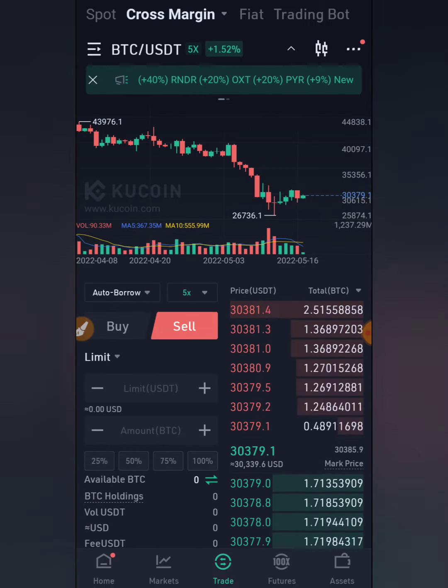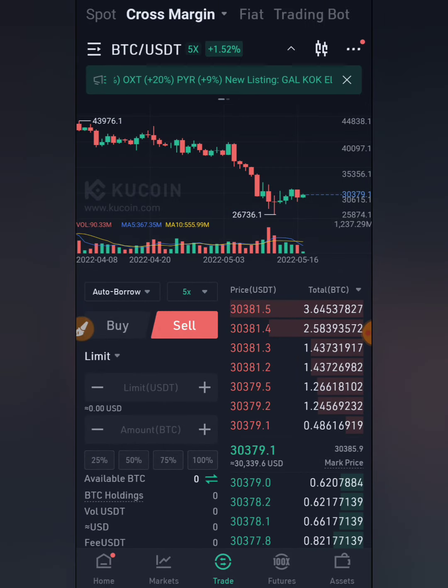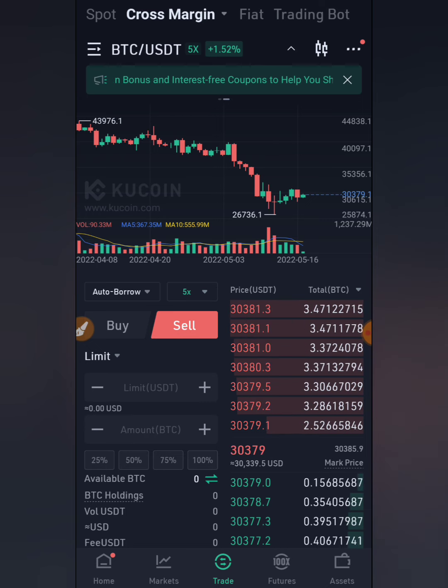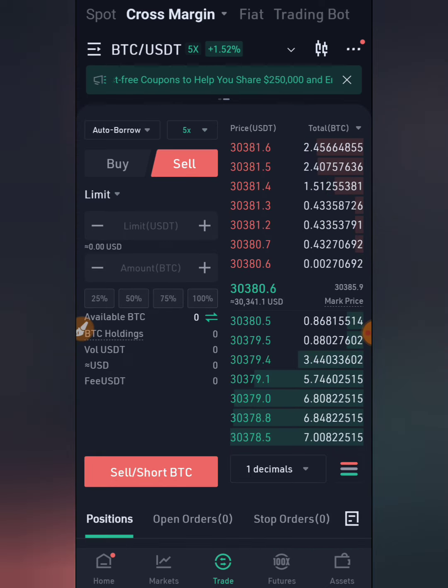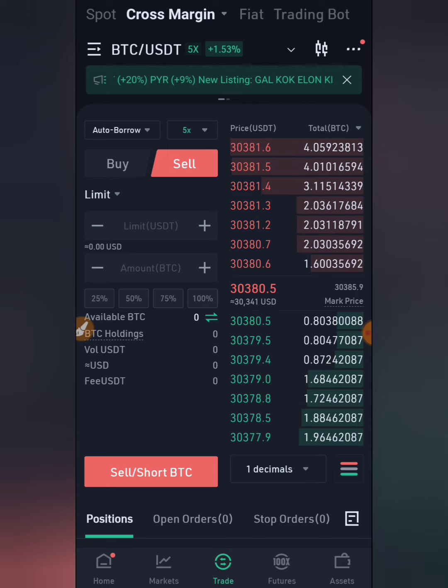This is just the cross margin, the margin platform under KuCoin. In my next video, I'll be briefly explaining everything, how you can make a trade, how you can start. I'm just giving you